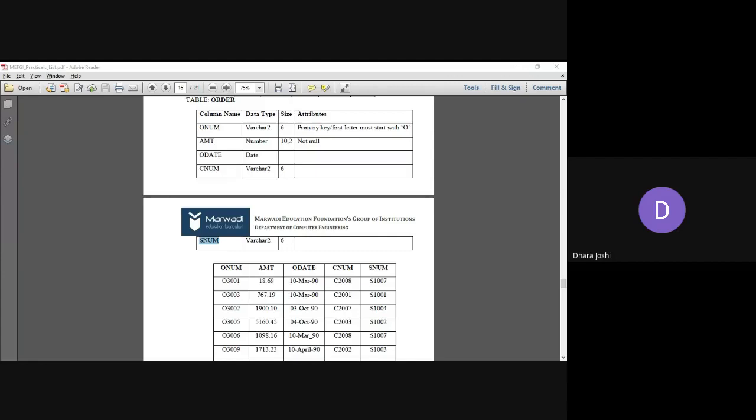Okay, meanwhile, I want to let you know one thing. Vaibhav said O date. Okay, Vaibhav, O date is order date and data type is date itself. And if you see here in O date, we are having 10th March 90. So you can go with that way when you are inserting the records, the date. So you are writing March, that means 03, 10 is a day, and 1990, this is the year. So you can insert the date of an order in that way. Understood, Vaibhav?